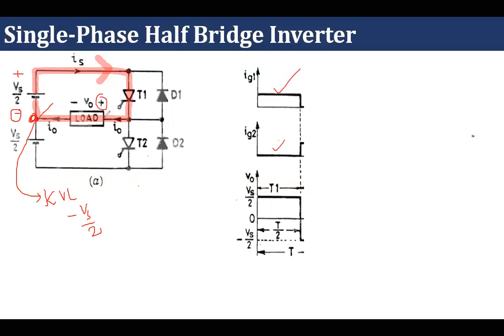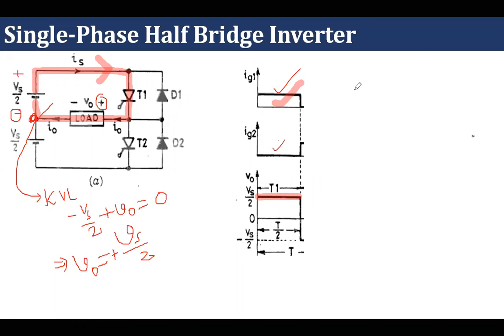Now I'm getting the positive measurement sign, and this voltage is V0, and as per the KVL it must be equal to 0, and so V0 will be equal to plus Vs upon 2, positive sign. And so the output here, as shown, is equal to plus Vs upon 2 when we are giving gate pulse to Ig1.